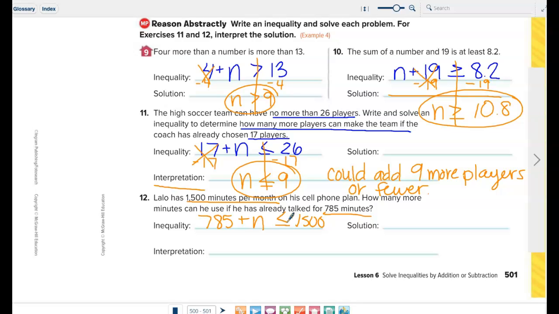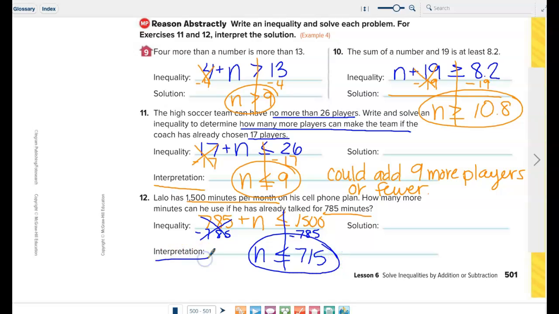All right, to solve this one, I work on the side that has the variable, so I have a positive 785, so to get rid of it, I have a negative or minus 785. What you do to one side, you always do to the other. n is less than or equal to, when I type that in my calculator, I get 715. So n is less than or equal to 715. Again, to interpret this, I would say that he can use 715 more minutes